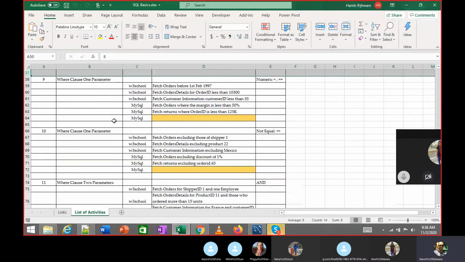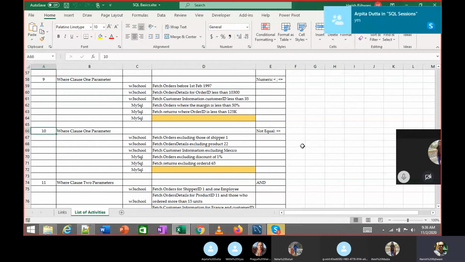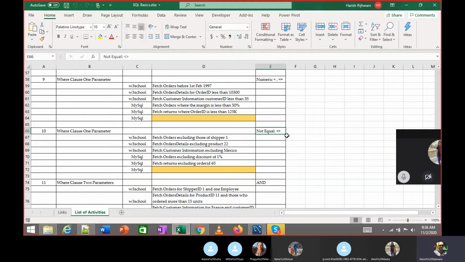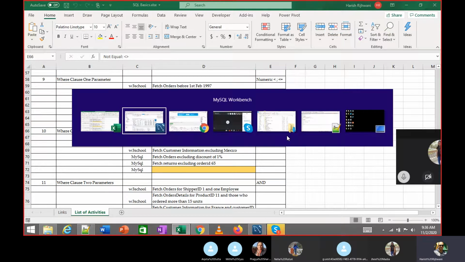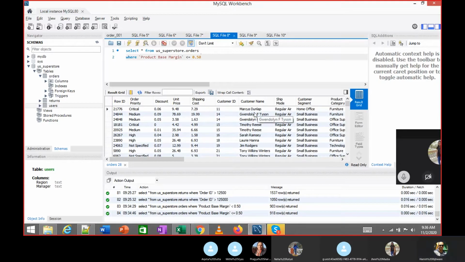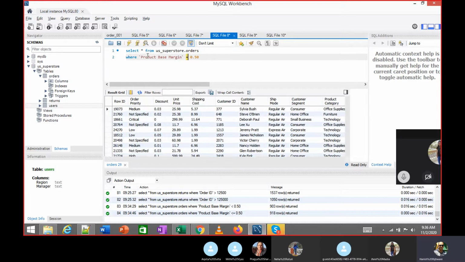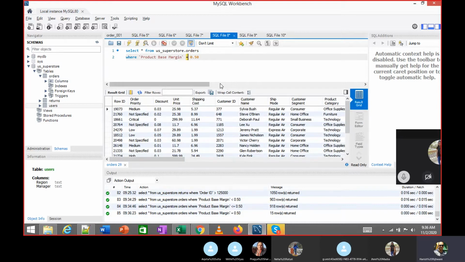Okay, we'll go to now not equal to. Not equal to is the symbol less than and greater than together. Let's say if I want to put not equal to 50%. When we had put 50%, we got 15 rows.